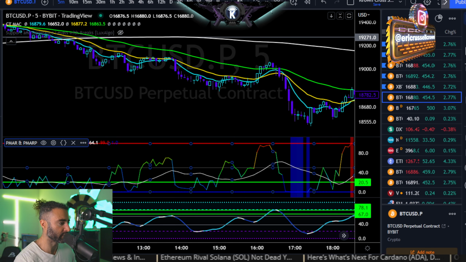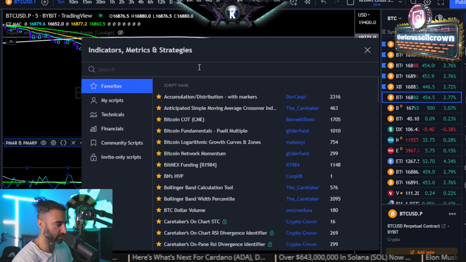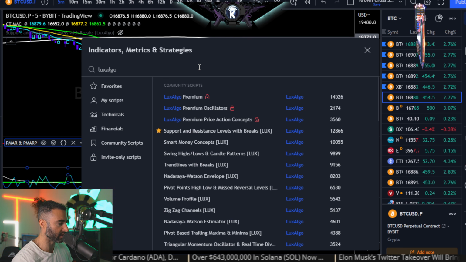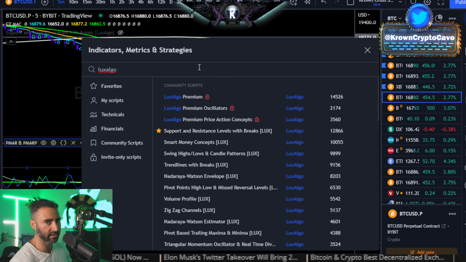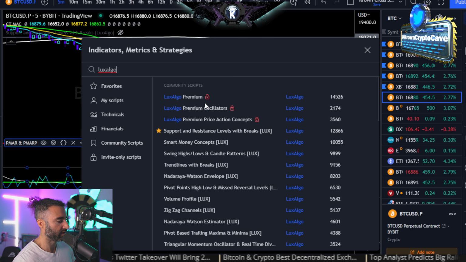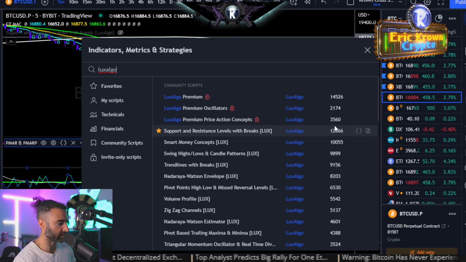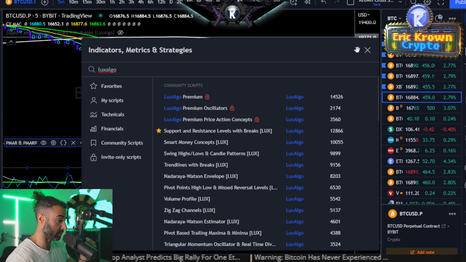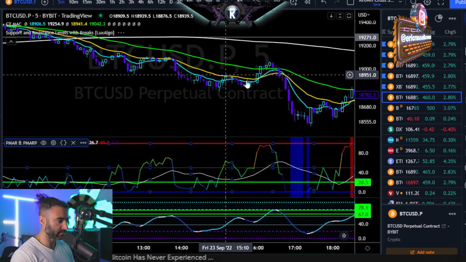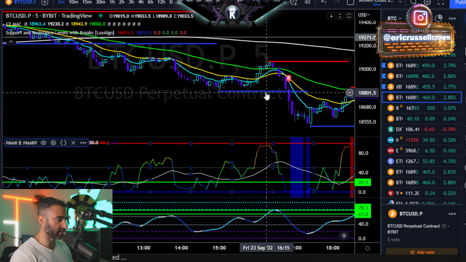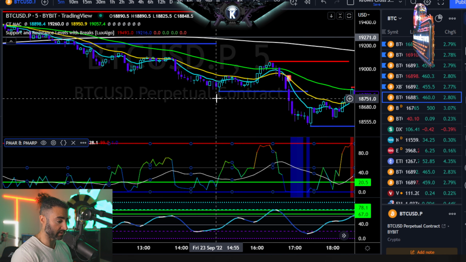We use the Lux Algo for defining range highs and range lows. You can also just do it yourself if you already know how. Completely fine. The primary thing though is that you are consistent with whatever you do. For the purposes of backtesting, I want to standardize things, so I'll just use this. Type in Lux Algo, Support and Resistance Levels with Breaks. Almost 13,000 likes at the time of this recording. Looks like he has some paid stuff as well, which is probably pretty cool. I should probably reach out to him about that. That'll bring up this indicator. The red lines are the range highs. The blue lines are the range lows. I'd say 95% of the time, maybe even more, it's right. It's pretty good, honestly, especially for a free indicator.